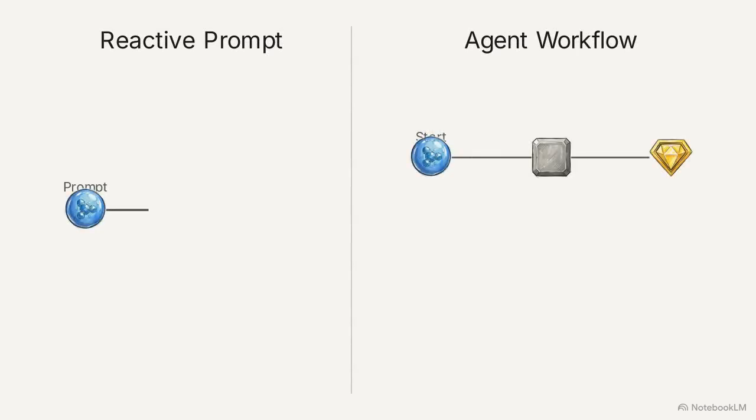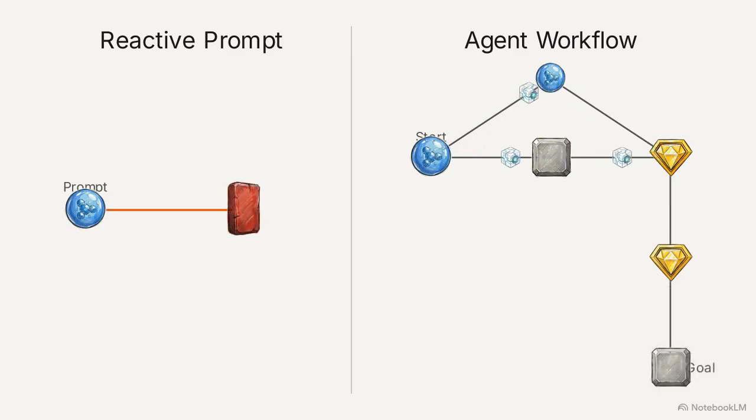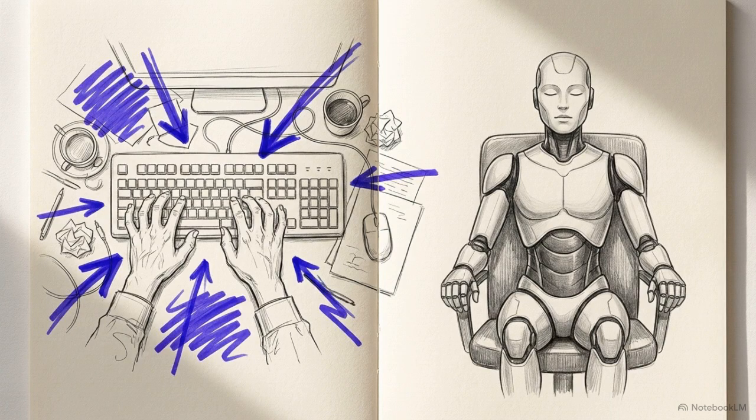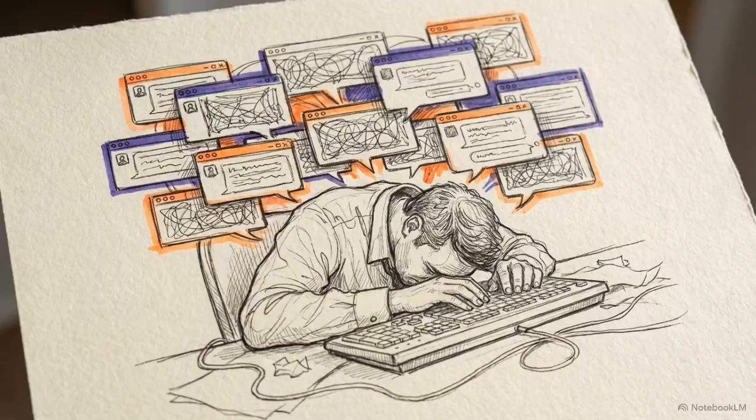Real tasks rarely look like a straight line. Doing a job means figuring out what to do, gathering information, planning, checking results, and revising. Standard models fail here, operating on a short horizon. They lack the persistence to pivot at a dead end. When we have to manually copy-paste every intermediate step just to finish a project, the bottleneck is clear. We are spending more time managing the AI than the AI is spending doing the work.